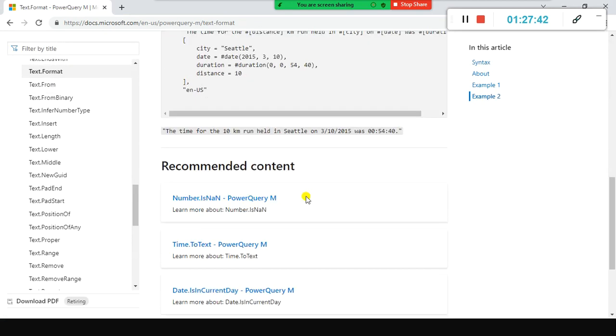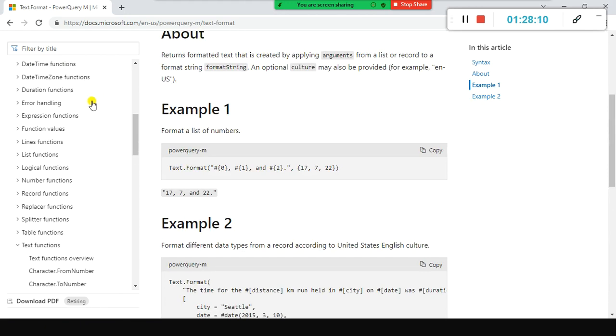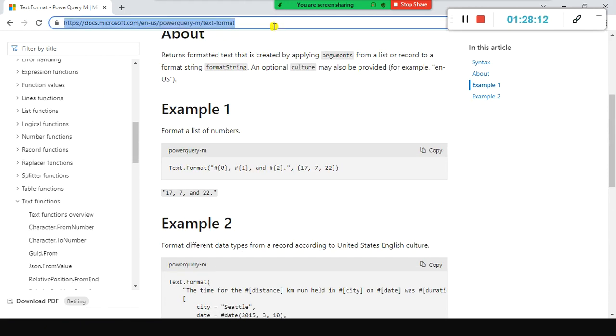See, formatting is also important. Look here, the time for the 10 km run. For that, he has used it like this, the Text.Format function. You see how it works. Start practicing it. Everything cannot be covered; if I cover it all, it will not be possible to complete even in 3 or 4 months. Start practicing side by side. But whatever I told you, if you practice in text functions, that is enough. Other things like table and row formats we'll see later.